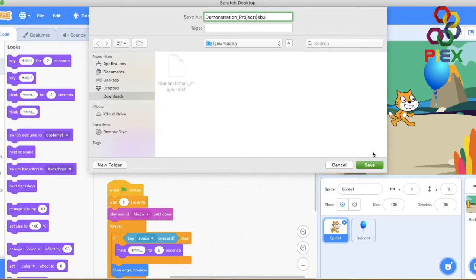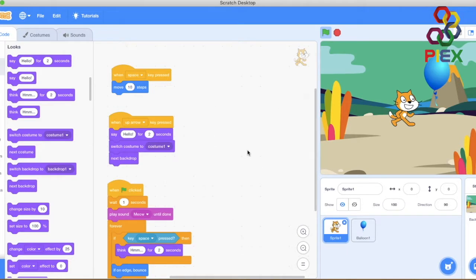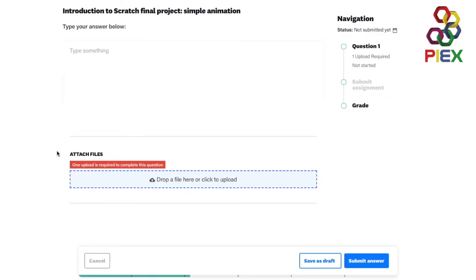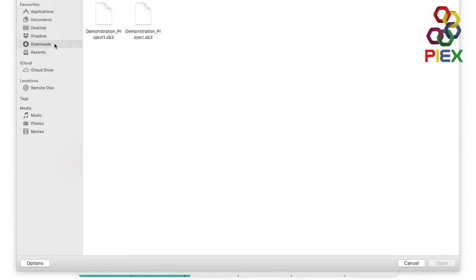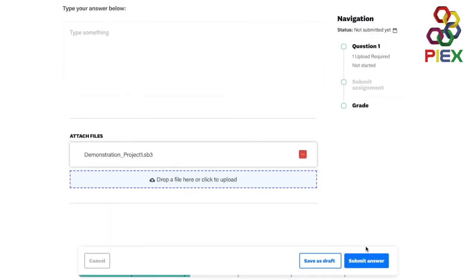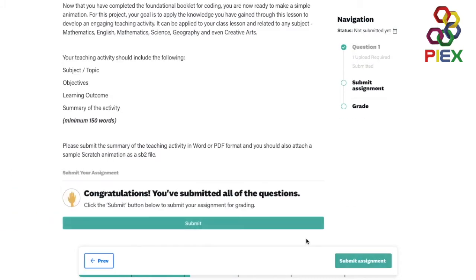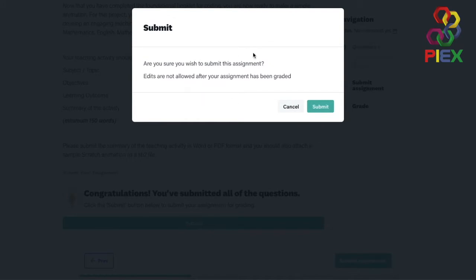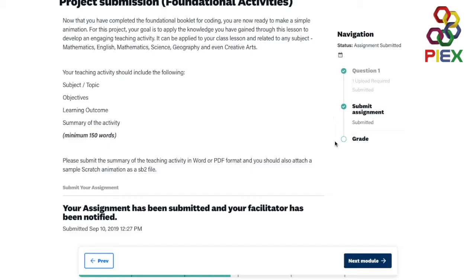So I'm going to save, head back to the online program, drop or click to upload that file that I've created. So demonstration project 1, open, it's uploaded. I go ahead and submit the answer. You can save it as a draft if you do want to make changes in the future. That's up to you. And then submit again, read through the instructions, submit,